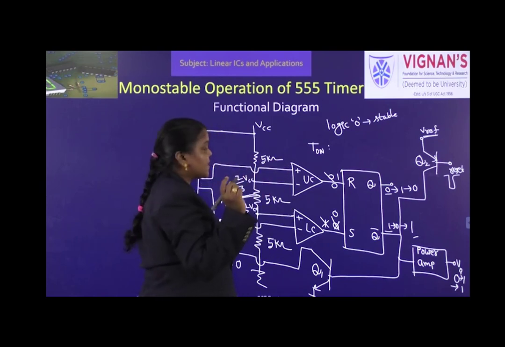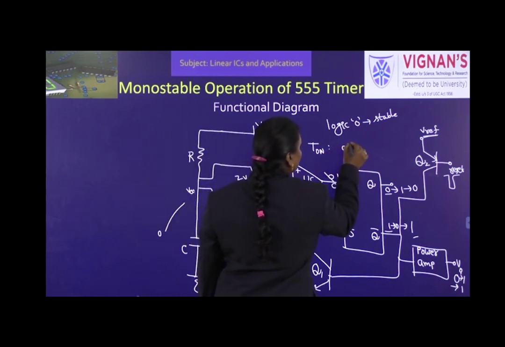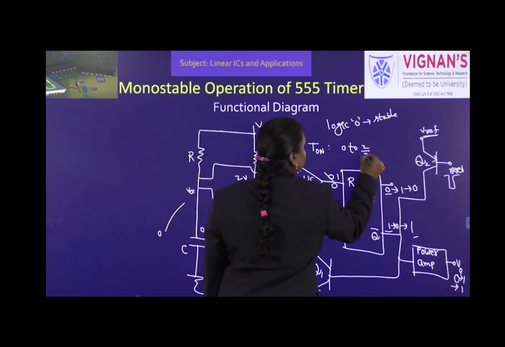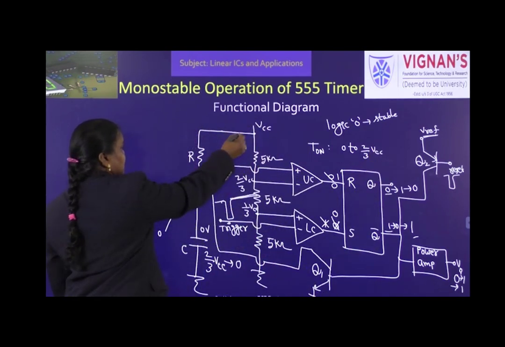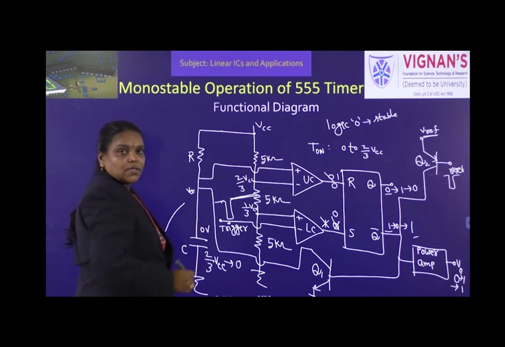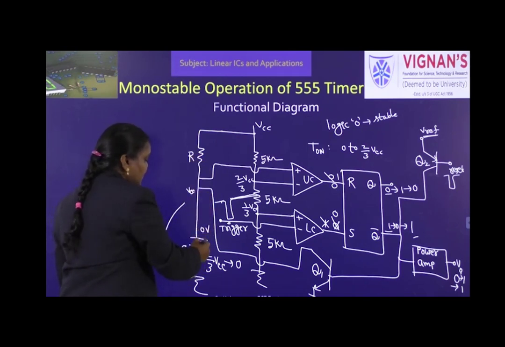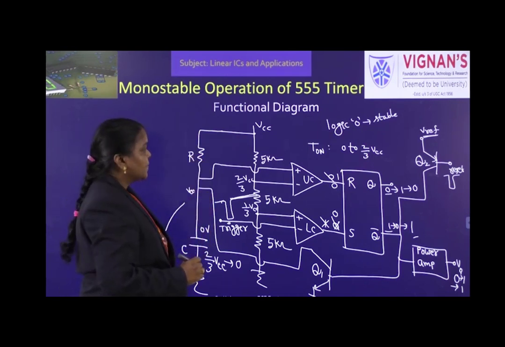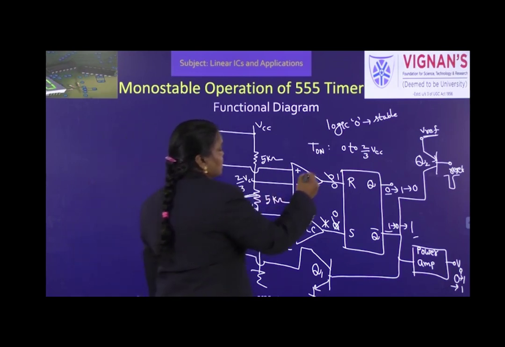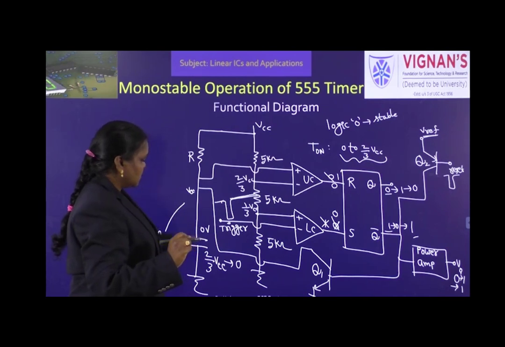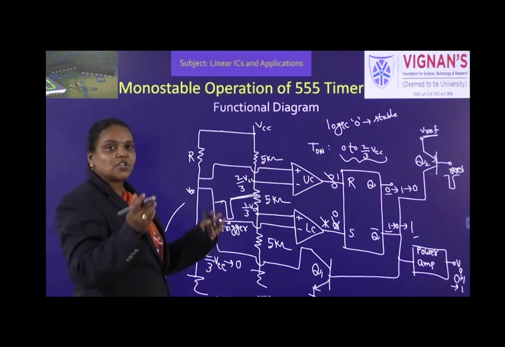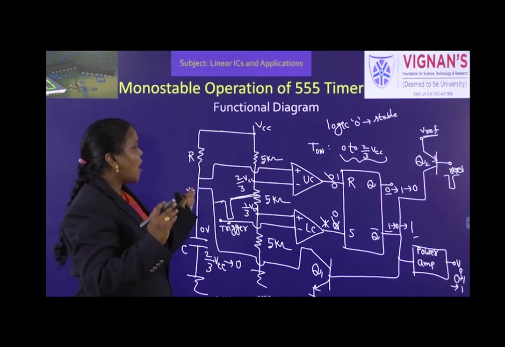It is the time taken by the capacitor to charge from 0 to 2/3 VCC. So what is the charging path? This R and C. So it depends on R and C values. So this is the on period. It depends on this. And we will derive the expression in terms of R and C,